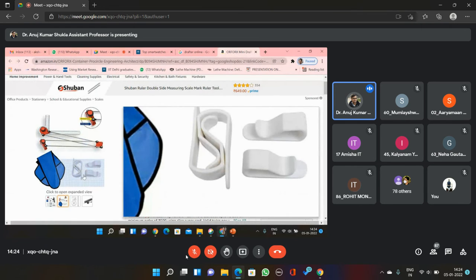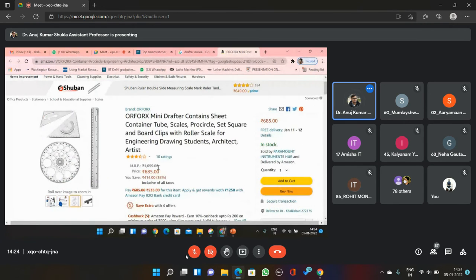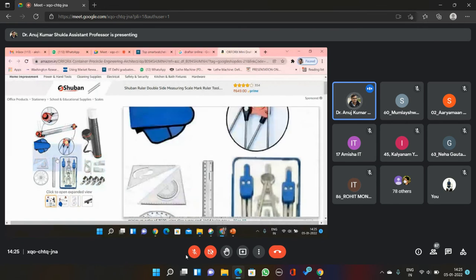Now these other things you can also buy, or even use simple tape. You can buy these from Amazon, or from the local market, or borrow from some of your seniors. You are not present on campus right now, but you can search in your vicinity for any mechanical engineer or any engineer. Whoever has studied this engineering course might have all these things. You can borrow them.